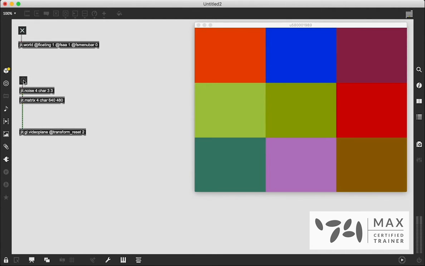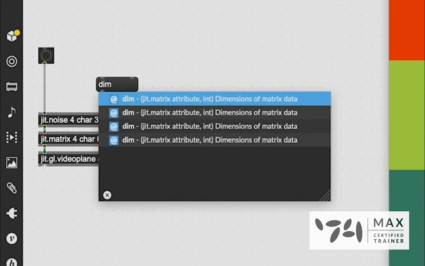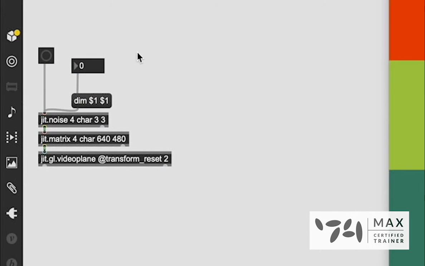And now we have these solid blocks of color, and every time we click this bang, we'll get new blocks of color. Now, if we wanted to change the number of blocks, we can do that using messages, which again, we talked about in our absolute basic intro video. If we just send the message dim to jit.noise with the variable $1, $1, which will allow us to change the dimension size. $1 is a variable. So if we create a number box, patch that in here, change this number to whatever, let's say 20,